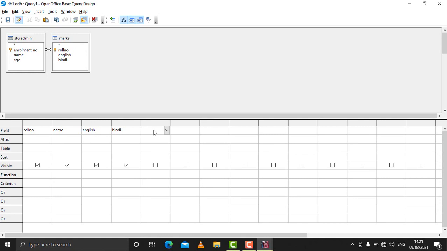So I'll be writing here, if you want to perform calculations, make sure that the field on which you want to perform calculation should contain numeric values. So English and Hindi are the fields which contain numeric values. So I'll be typing here the field name English plus Hindi,